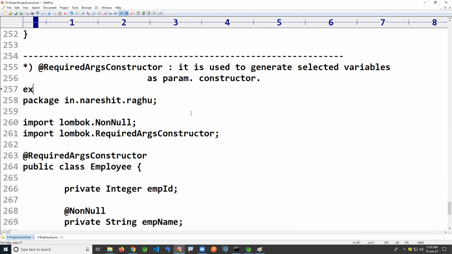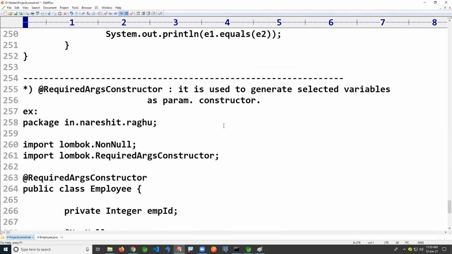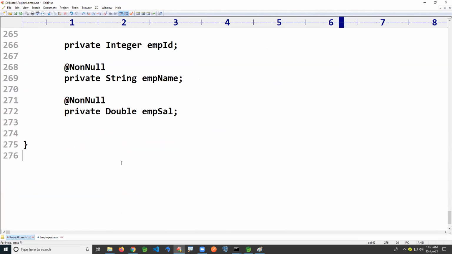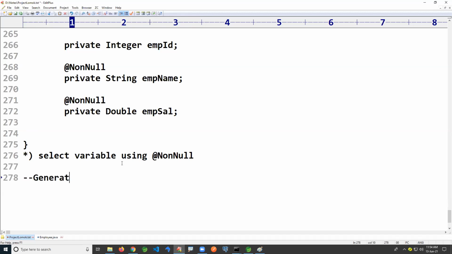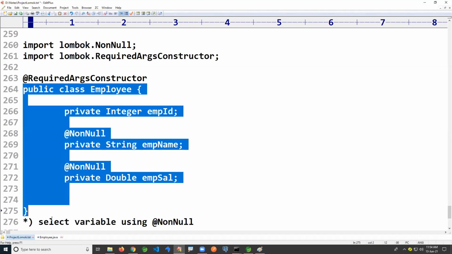If you look at the example here, the question is how to select. Select a variable using @NonNull. Now look at the generated code.